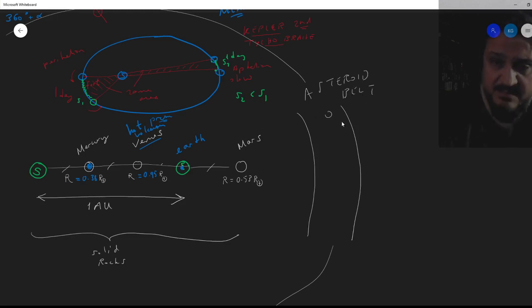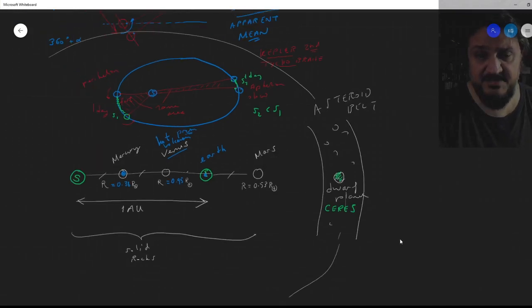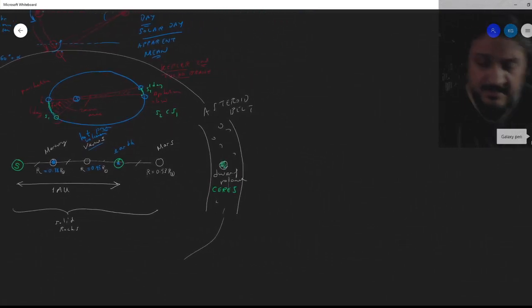Okay, many rocks around the sun traveling, and one of them is really big. We call it a dwarf planet, and it's the dwarf planet Ceres. Okay, it's big. There are many other asteroids, of course. Now, after the asteroid belt, now we have the giants. All right, this is the outer solar system. Now here comes Jupiter.